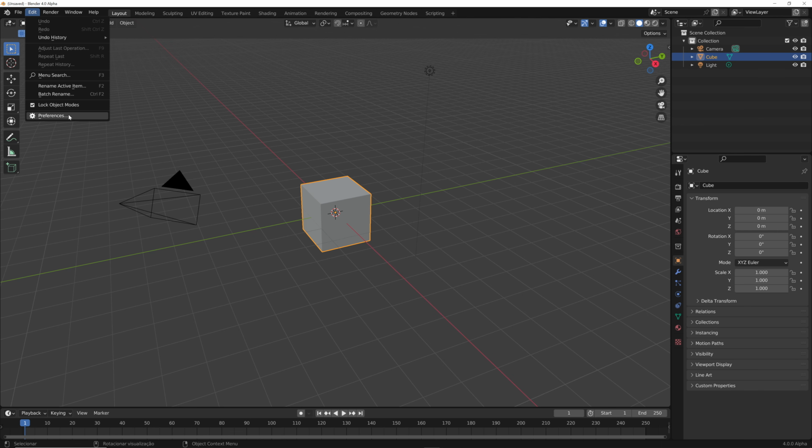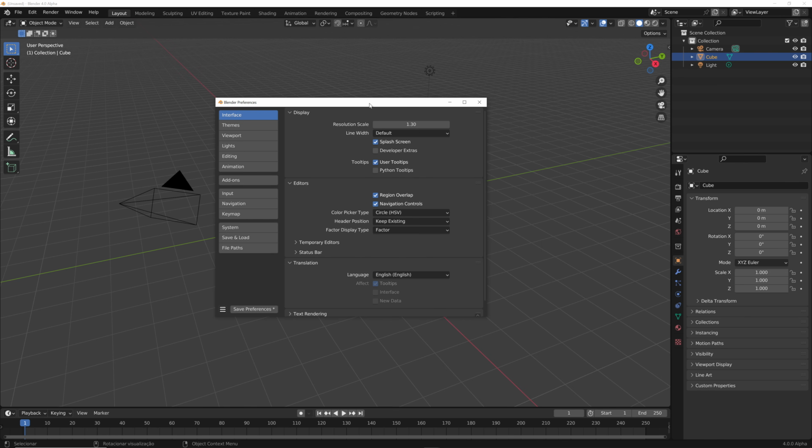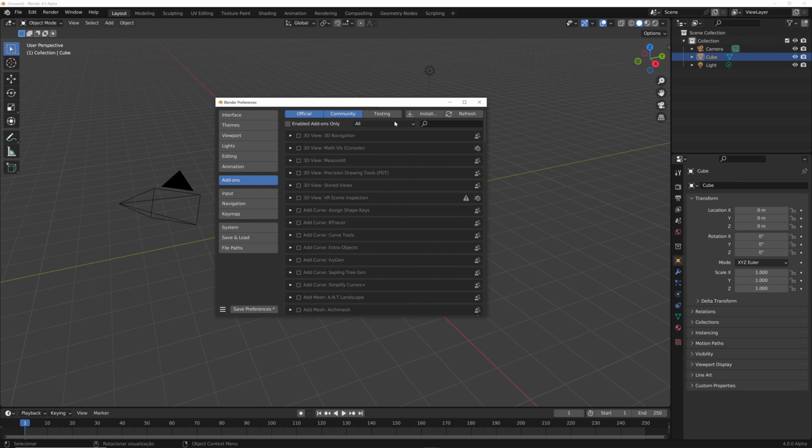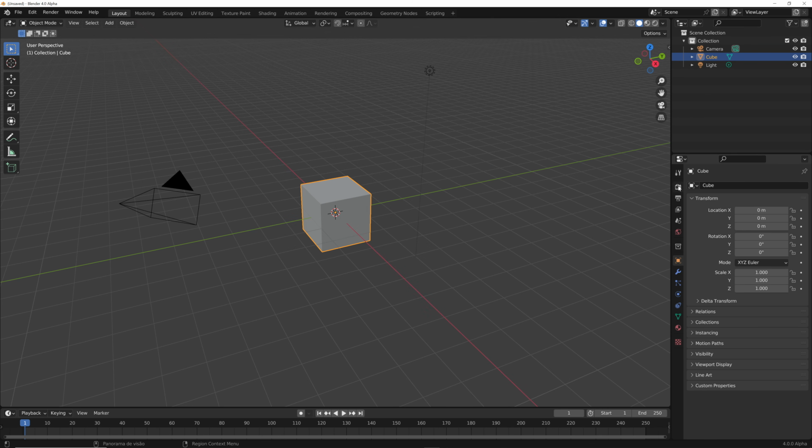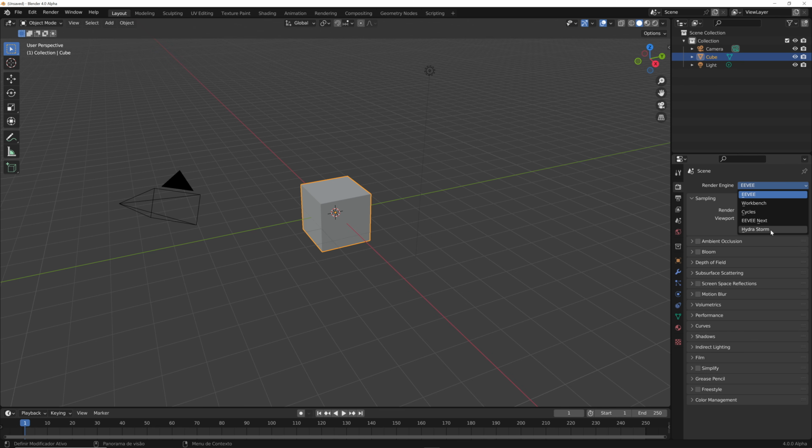If you go into Edit, Preferences, look under Add-ons and filter your add-on list for the Render category, you'll see that we have the Hydra Storm render engine, with even a cool name. Yes, I have to admit, it's a cool name for a render engine. When I saw that for the first time, I thought to myself, well, this will beat Corona Render. It's better than Cycles. If you go under the render engine and see here the Hydra Storm as the new option for rendering,